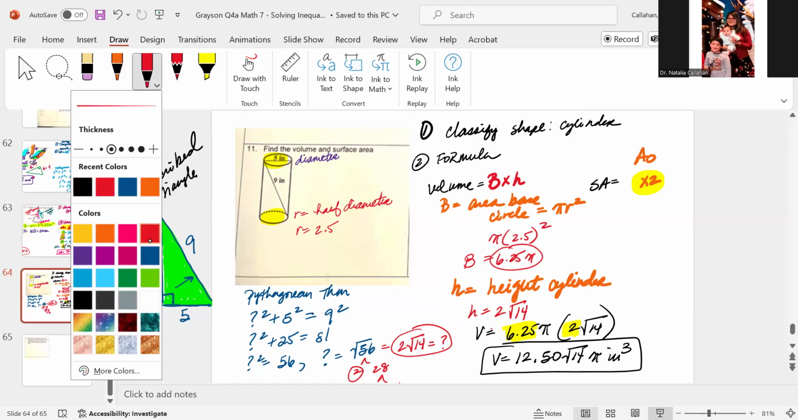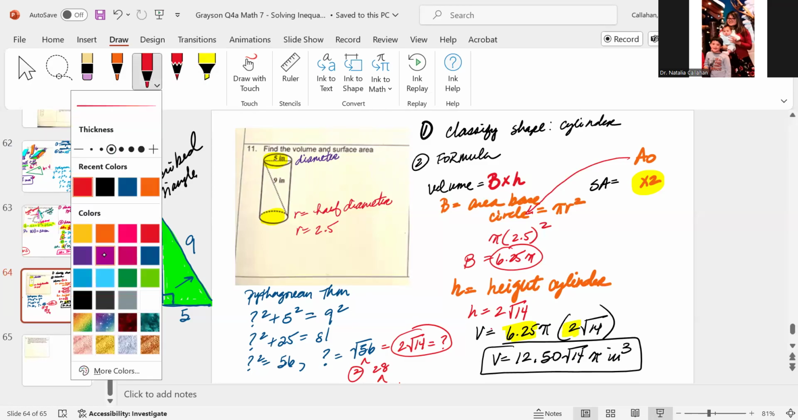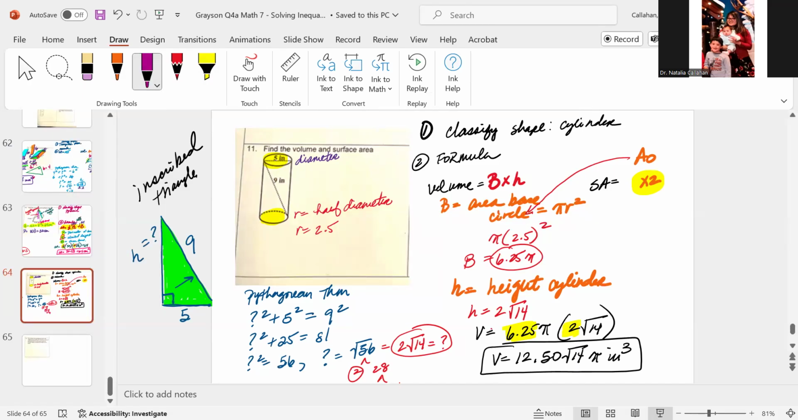I think it's the area of the base, isn't it? Isn't this the same thing as that right there? So what was the answer of the area of the base? 2.5. No. I circled it for you. Maybe you should pay attention. 6.25 pi, correct? But I have them multiplied by 2 because there's 2 circles, right? Now,